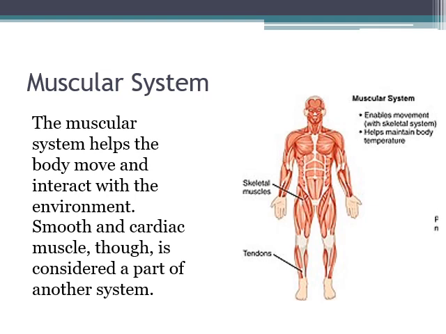The muscular system. This is what helps your body move and interact with the environment. So you've got different types of muscle. You've got smooth muscle and cardiac. That's not considered part of the muscular system. That is actually going to be considered part of the circulatory system, because basically it's your heart muscle. But all the other muscles usually attach to skeletal components to give them some leverage to help with movement.